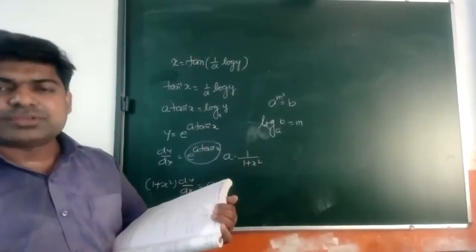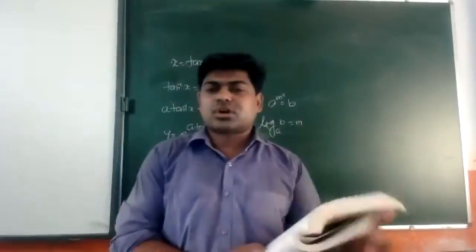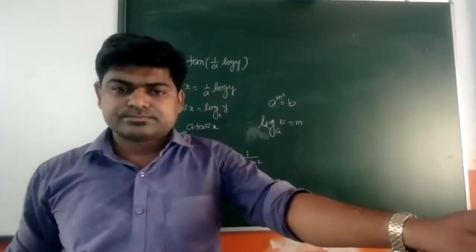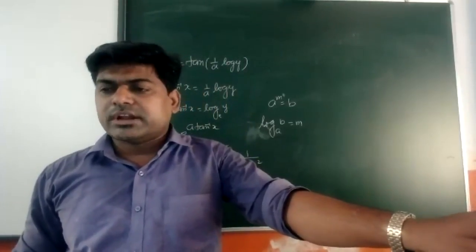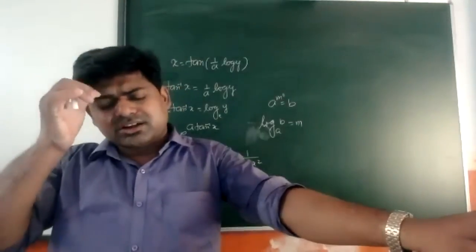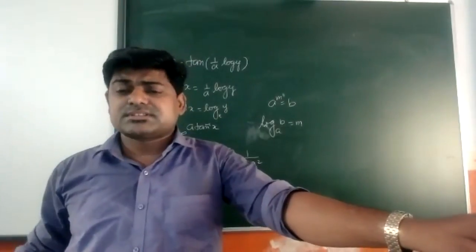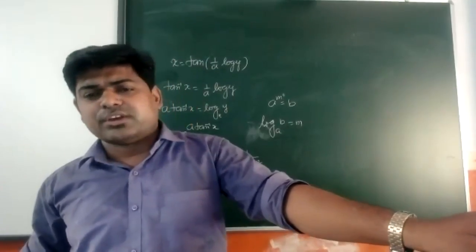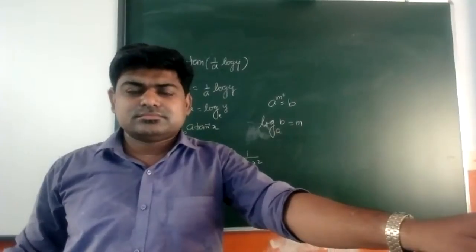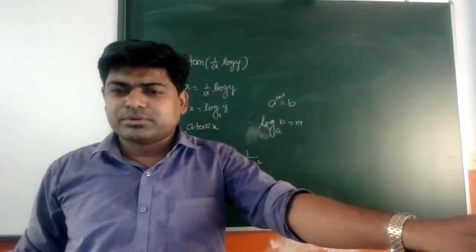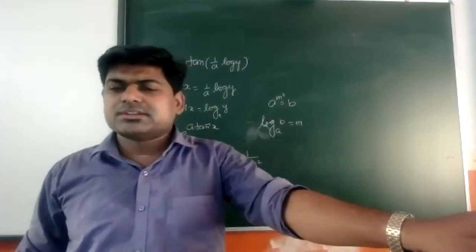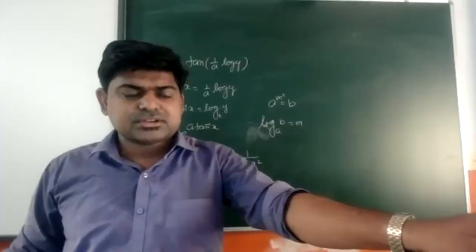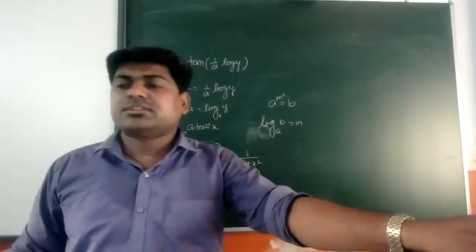Now 18, 19, 20, a few more questions are there. I'll try to complete them tomorrow, and tomorrow only I'll start Rolle's theorem. There are 2 theorems, and it's not very difficult. Only some conditions are there. It should be continuous, it should be differentiable, f(a) is equal to f(b), then if f dash c equals 0, where c belongs to the open interval a to b, then I can say that Rolle's theorem is verified. So all these things we will discuss in the next class. First I'll try to complete these, and then after.